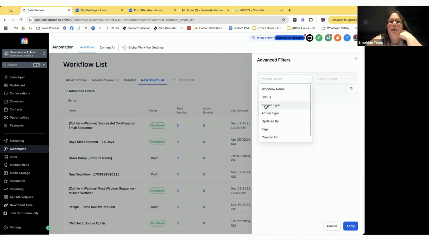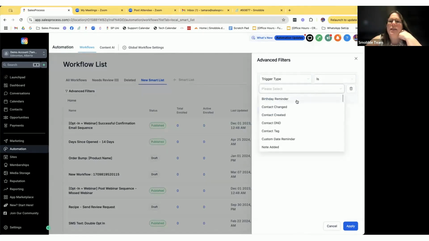So you can do that here just by choosing trigger type is, and you can say whichever one it is. Like if it's a trigger link, or you can search it, you can choose trigger link. And then you can even add more filters. So if you only want to look at your workflows where your trigger is a trigger link and